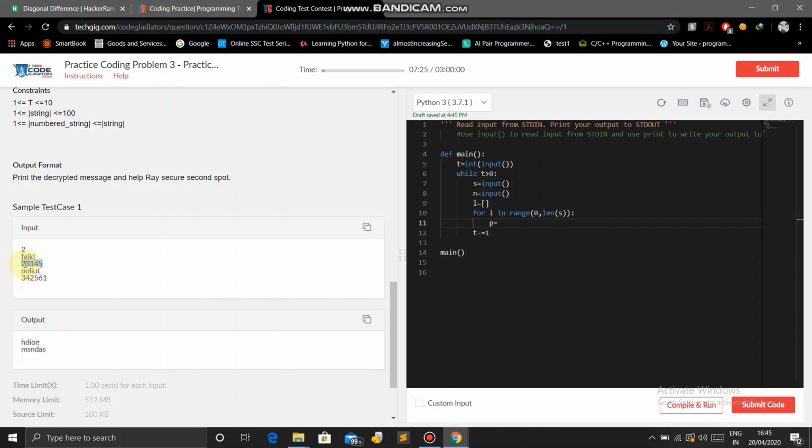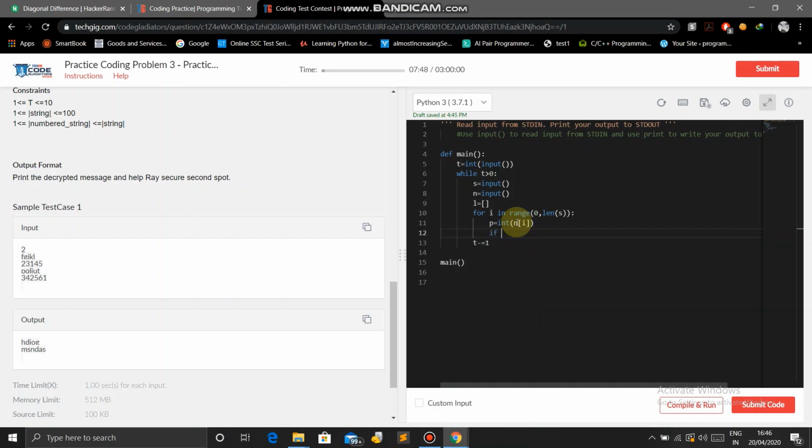So we will take first number 2. So first number 2 is a string. We are taking the character. So 2 is the character, number character. So we will take the 2 and that integer of 2. So what we will do, we will take here integer n of i. So each character pass will be in p.